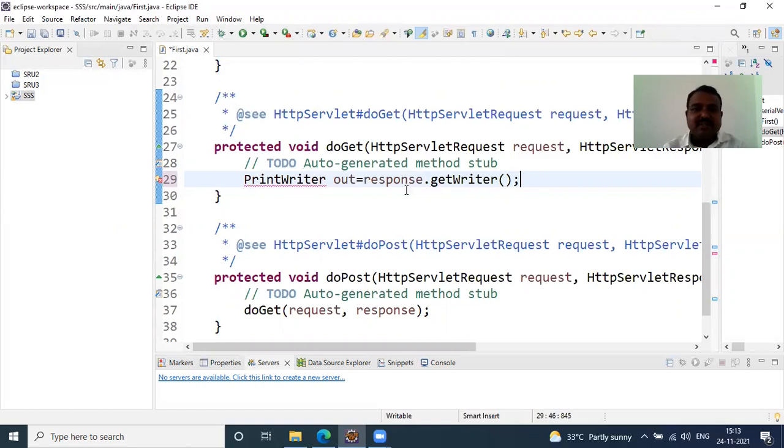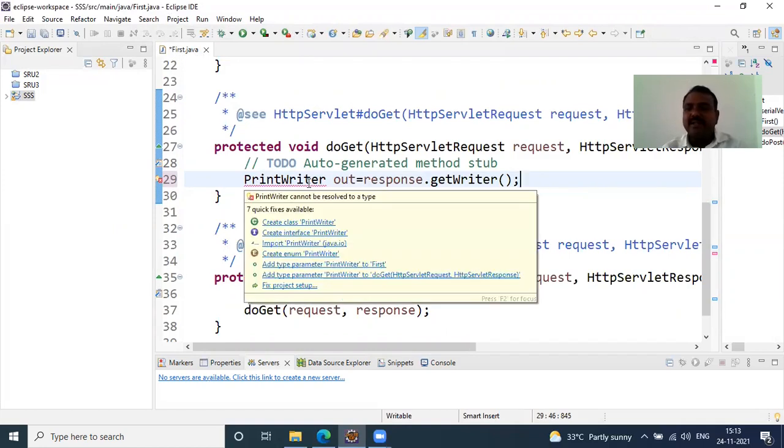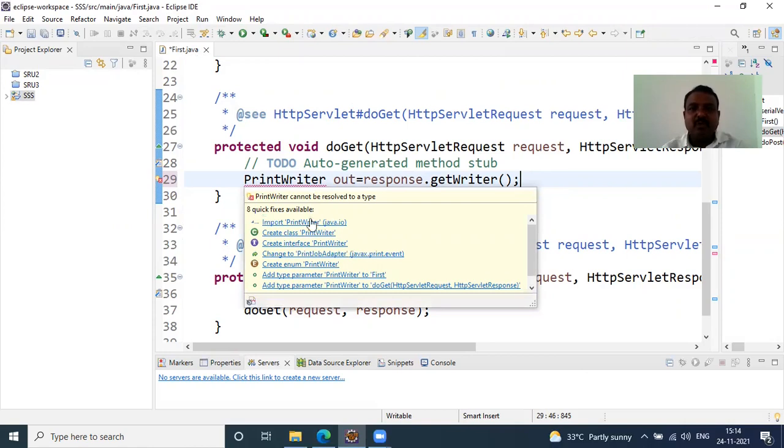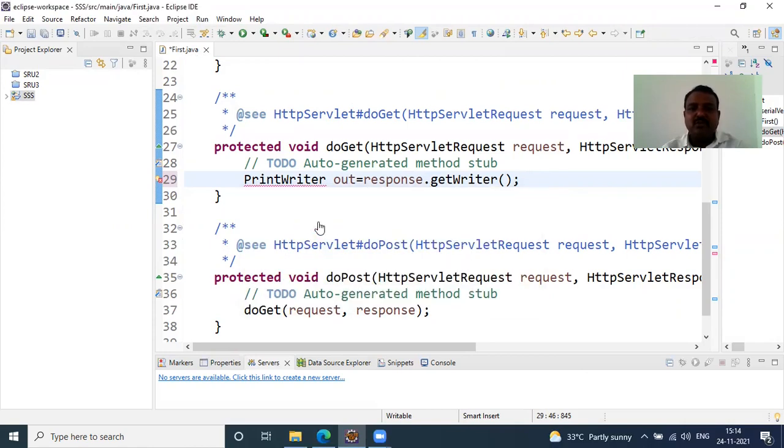Still, on that line I find an error, because the integrated environment is underlining that word with a red line. So we need to import an associated package for it. I will import java.io. I have a suggestion here to import java.io.*. I imported that package, and if I import that package, we don't find any error there.